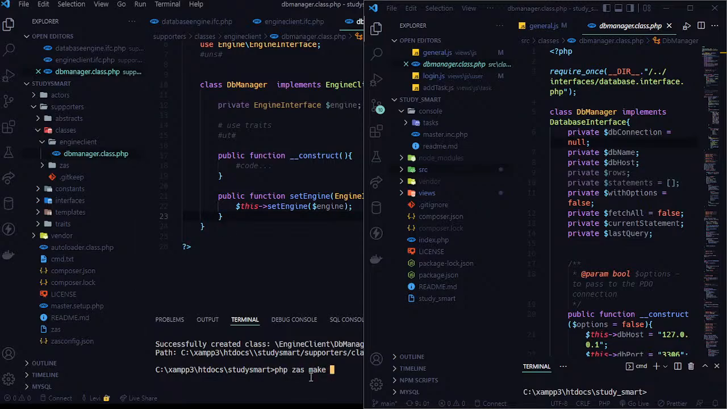PHP ZAS make class. There's going to be an engine client. It's not an engine client. No, it's not an engine client. It's an engine. It's in the engine namespace. So PHP ZAS make class engine. And it's going to be